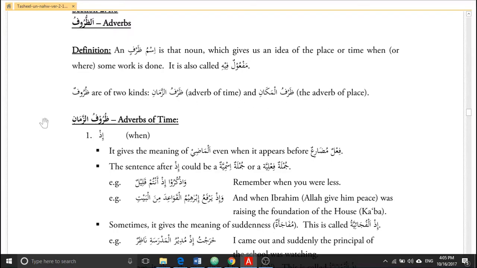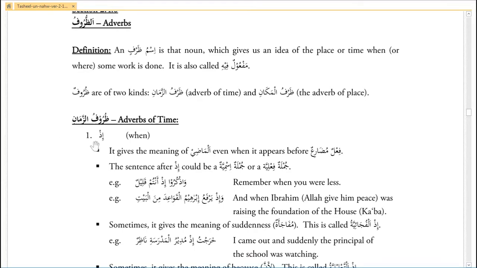So the first one we will be studying is إذ. When you see Hadith and Quran, إذ comes a lot. It has a few meanings. Different places will give you different meanings. At least we should know. So إذ, the most used meaning is when. إذ is when. But the thing is,